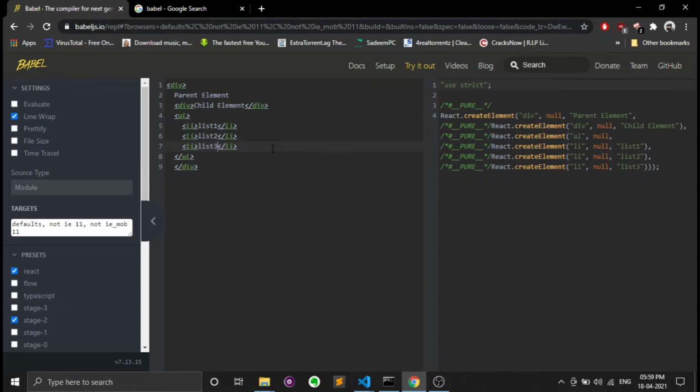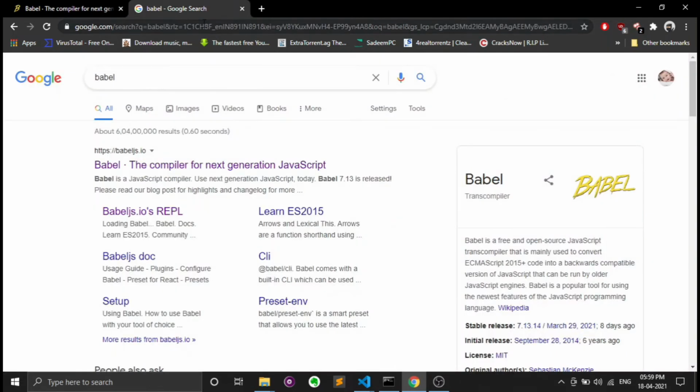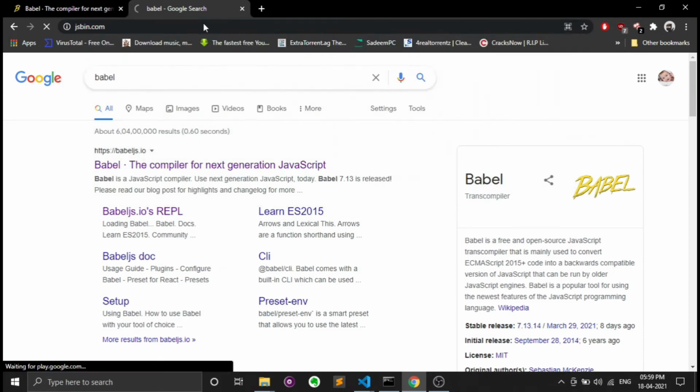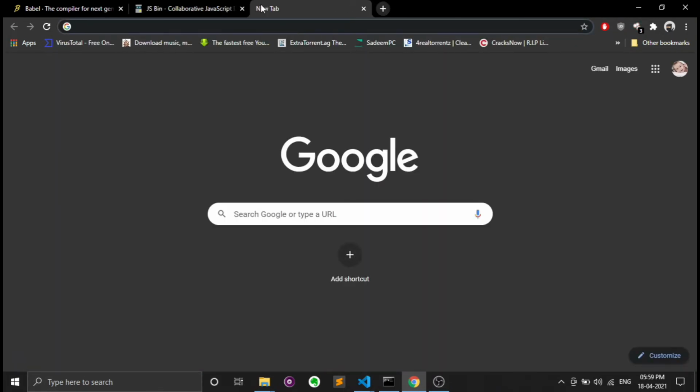So how can we implement this in React, or create a React application? For that you can go to JS Bin. We have to include the CDN links for that.